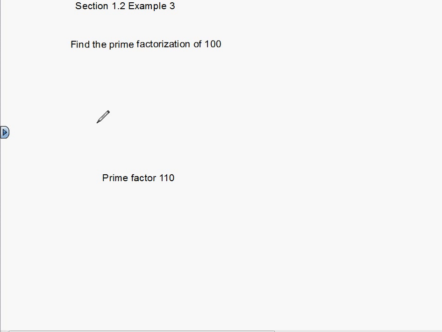When it comes to prime factorization, it's really a tool that helps us to reduce fractions, and we'll be playing that here in just a little bit. So the thing we want to focus on is being able to prime factor a number. In order for it to be prime factored, it has to be a composite number, and prime numbers are your